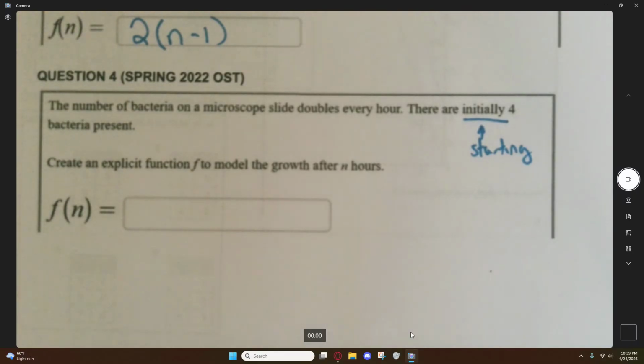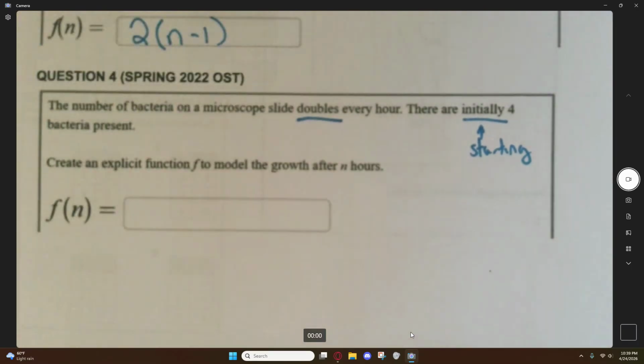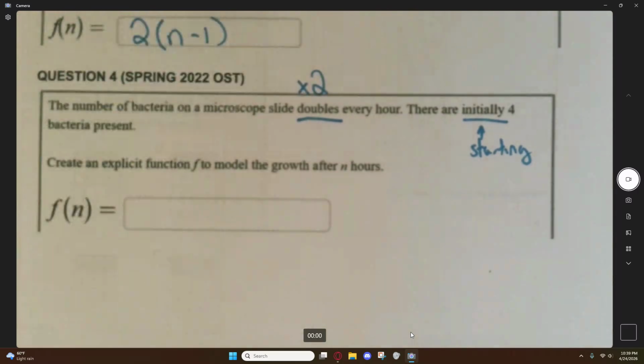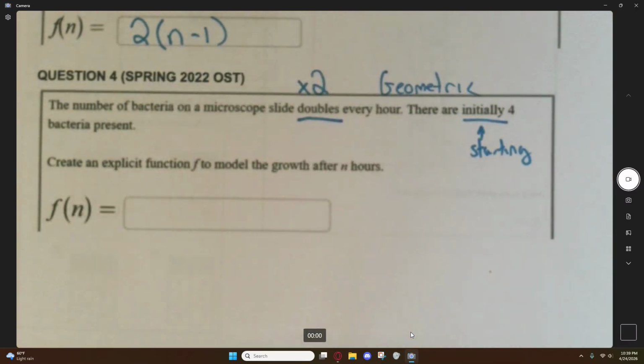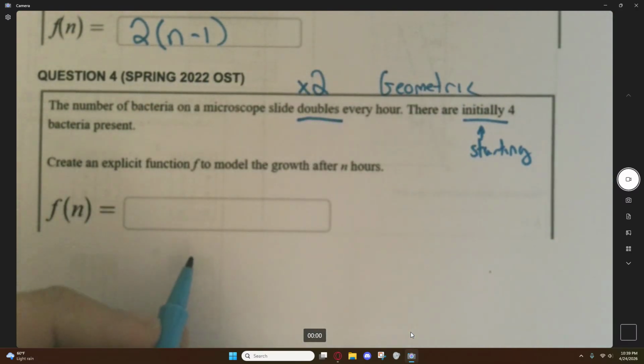Question is, what kind of sequence is it? Well, we're told we start with 4. And the only words we have of increase are the fact that it doubles. What does doubles mean? It means you're multiplying by 2. That would make this a geometric sequence, because you're multiplying by 2. So